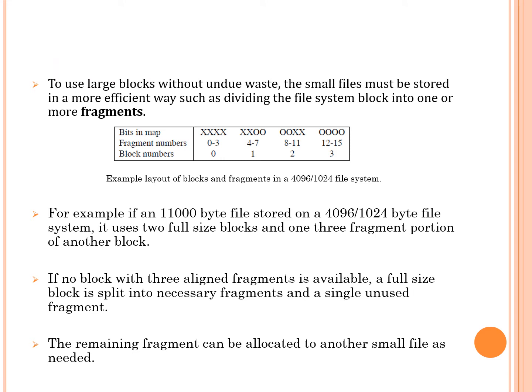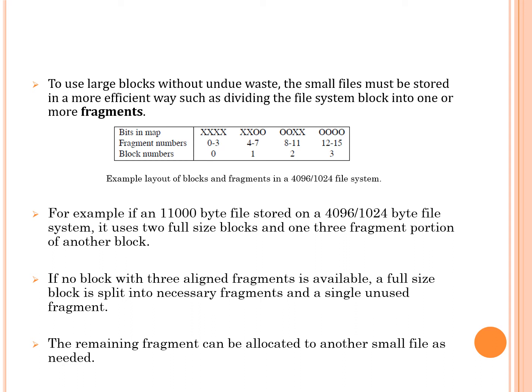Now let us see how efficiently small files can be stored in the fast file system by using large blocks without any wastage. Consider a file in the fast file system composed of 4096 byte data blocks, while in the old file system it would be composed of 1024 byte blocks. By increasing the block size in the fast file system, we can transfer 4 times as much information per disk transaction. But the problem is that Unix file systems are composed of many small files, and a large block size wastes space. To use these large blocks